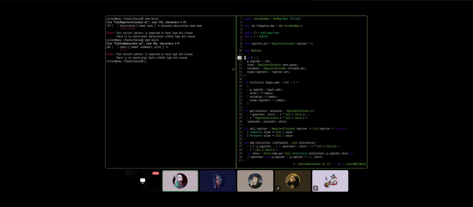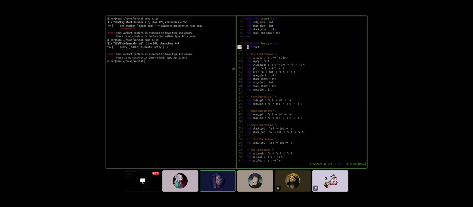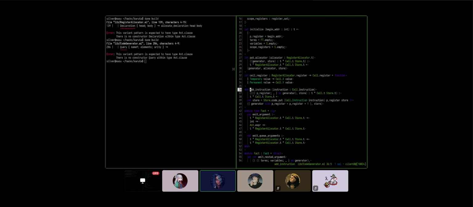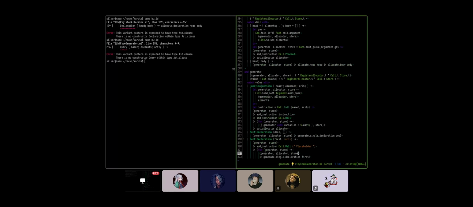Terms, variables, initialize. Actually, is it in the store? I think it's in the p register. Go back to the add instruction function, please. Yes, it's the p register. Look at line 40. Okay, it's the p register in the generator. So you do p register minus 1 probably.